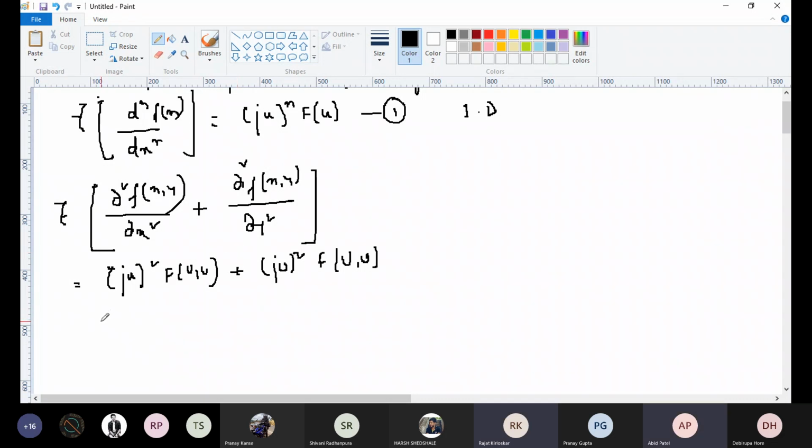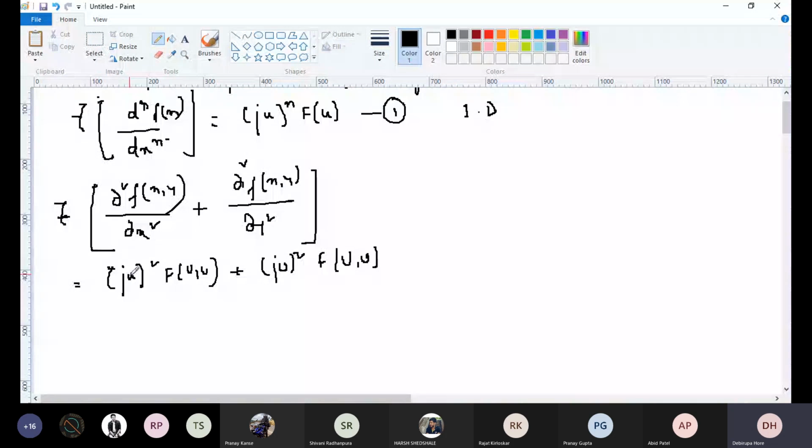Ma'am, what is that symbol before the bracket in equation 1? It's dx. This is the Fourier transform F. Ma'am, in equation 1, is that dx square in the denominator or dx to the n? This is n. The formula I have given is d to the power n by dx to the power n, where n is the order of the system. So it will be equal to (ju) to the power n.